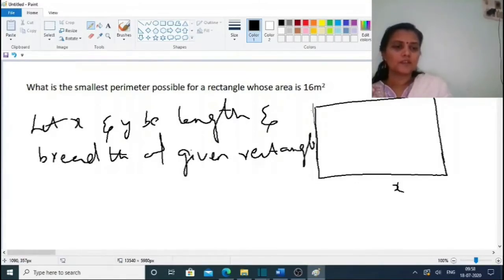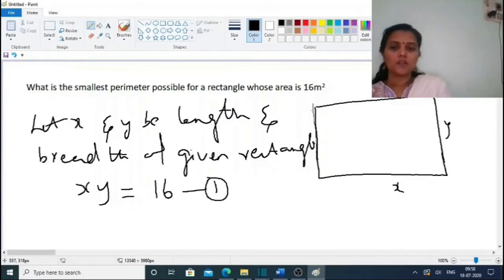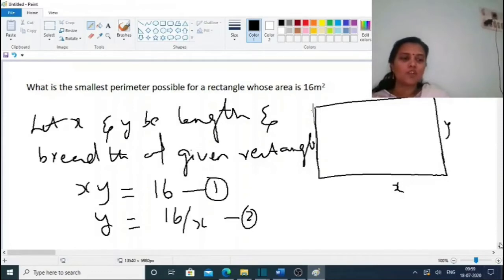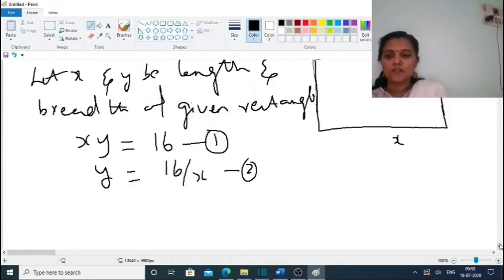So this is x, this is y. Given that x times y, its area, is equal to 16 meters square. So this is the first equation. From this we can write y is equal to 16 by x, equation 2. Now we have to find the smallest perimeter. For that we can write the perimeter expression. Perimeter is equal to 2 times